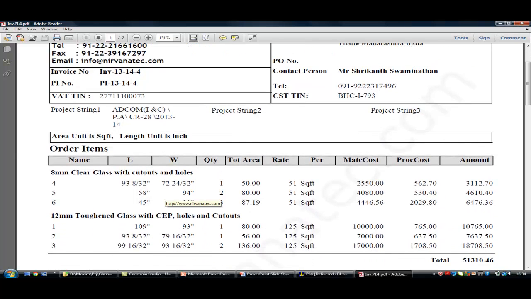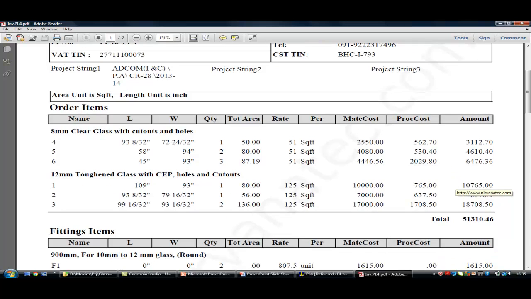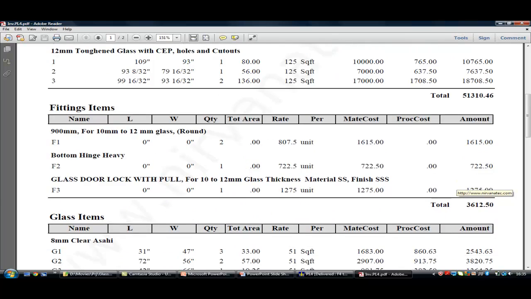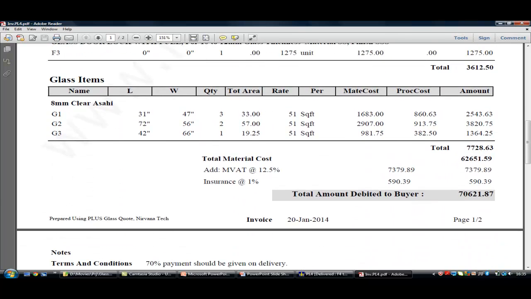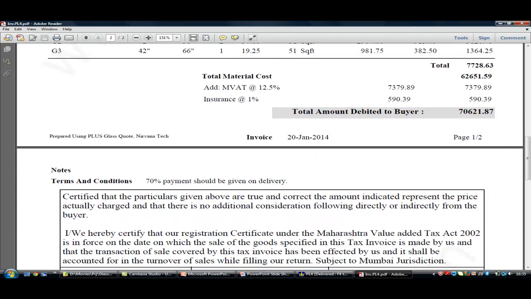You'll also get glass pieces with material cost, process cost, and total cost. Fitting items with their cost, the add-on cost, and terms and conditions complete the tax invoice.